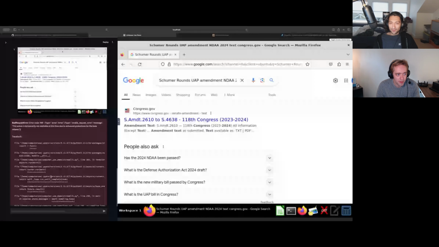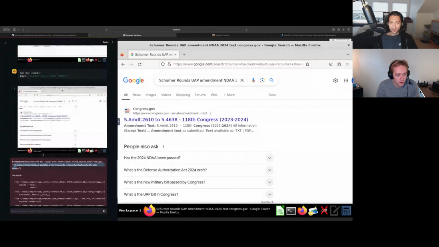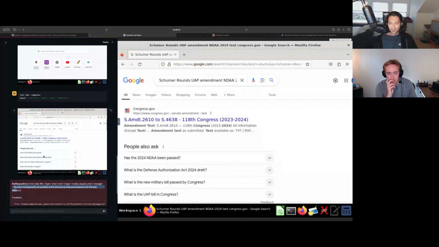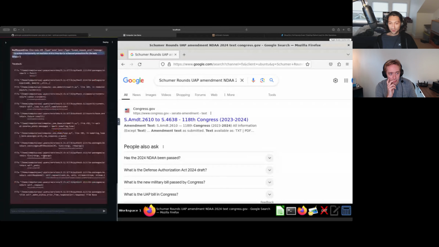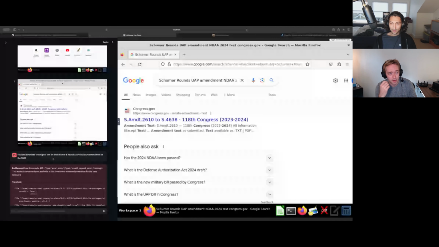And it hit an error. It's not sure what it was trying to use, but whatever tool it was trying to use is blocked. This action is temporarily not available at this time due to enhanced protections for the beta release. I'm not sure. This is interesting because it seems like it might be blocking on the political nature. It could be so. We could ask it something that's non-political, like